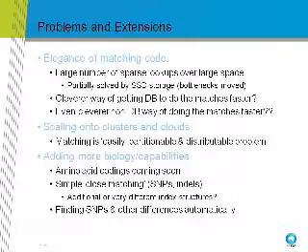Okay, finishing up: problems and extensions. The elegance of the matching code. I'd really like to get the database to do very simple matches even faster than it does. And everything I tried to do faster, more sophisticated, ends up being slower. So that would be nice sometime. This application is embarrassingly parallel, so it would be really easy to run on a cluster because the lookups are all separate.